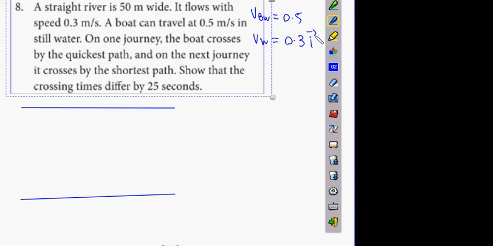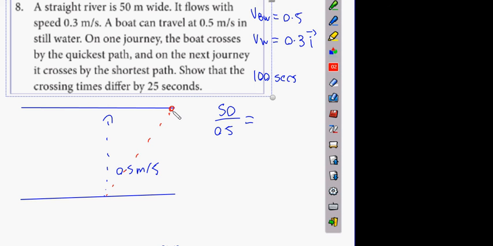Now, let's not waste any time here. What's the speed going across? How long does it take to go across? You just aim all your effort upwards. So you're going to go 0.5 meters per second upwards, and what's the distance you have to cover? 50. So 50 divided by 0.5 is 100 seconds. Our quickest approach is 100 seconds. We do, however, get dragged